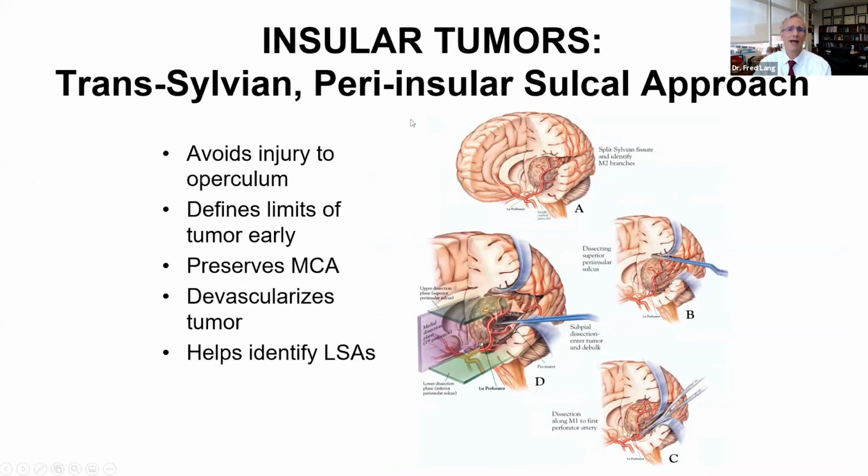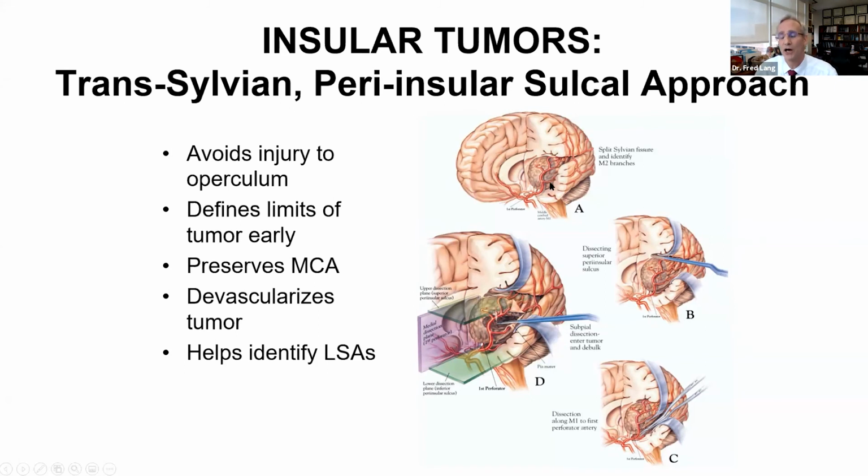So I'd just like to point out that this same approach is the exact approach you can use for resecting insular tumors. Insular tumors are, as you know, located deep to the frontal and temporal operculum. They're surrounded by the middle cerebral arteries, and they are very challenging to resect because of this deep location and this neurovascular anatomy. So what we propose for resecting these tumors, rather than going through the brain, which has become